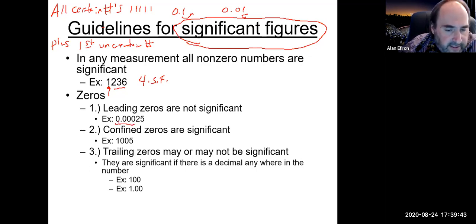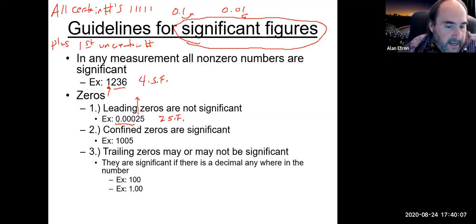So in this particular case, we wouldn't start counting until we hit this 2. And then the 5 would also be significant. So this guy here would have 2 significant figures in this particular case. So again, you could have as many zeros as you want heading into that first non-zero. They're not going to be significant until you hit that very first